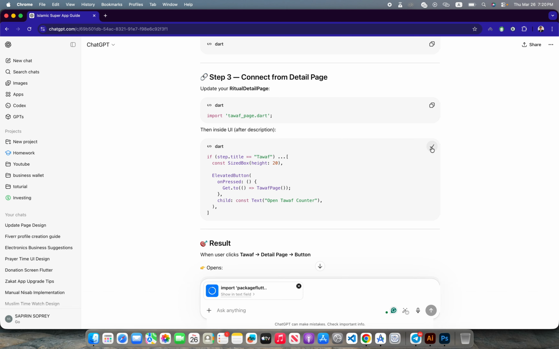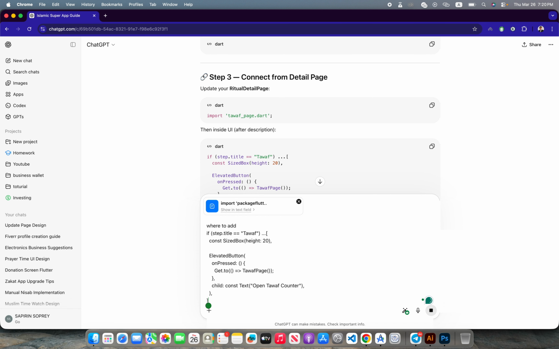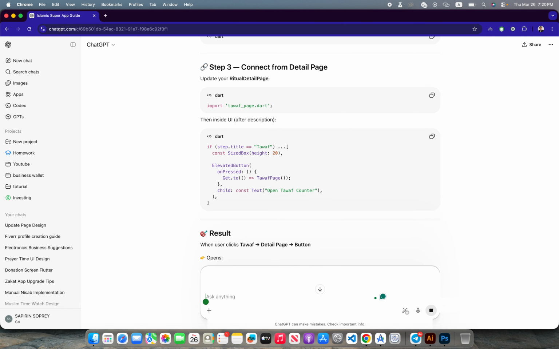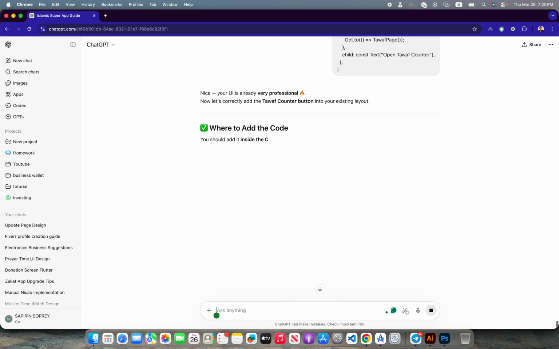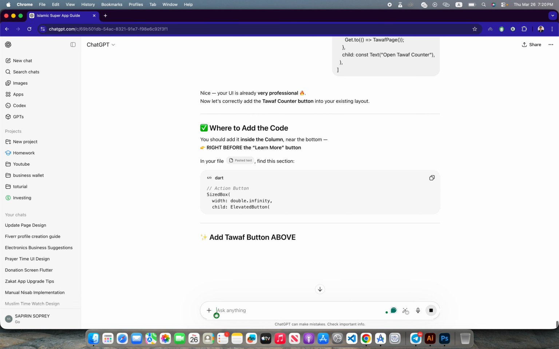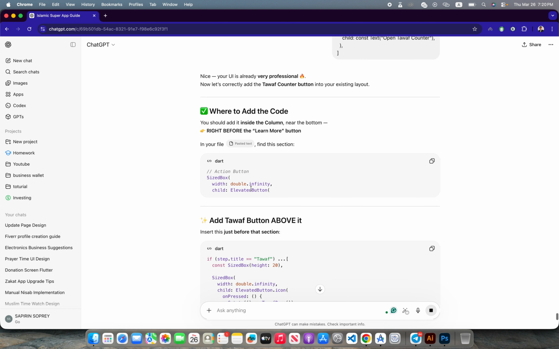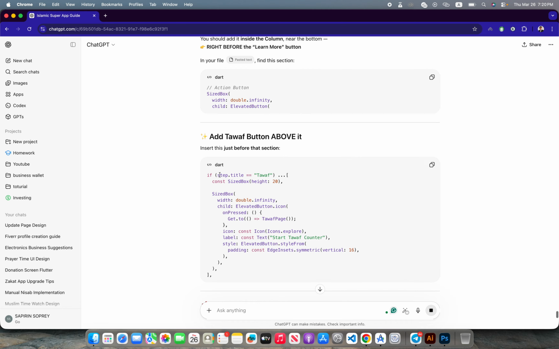Okay, I'm going to copy this, and I have to put it where to add. So let it understand the flow, so that you can see we need to find this section, the button